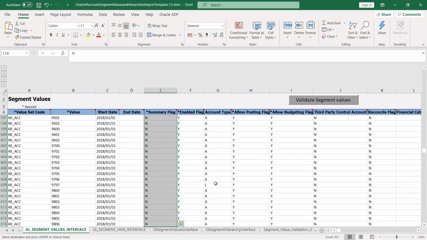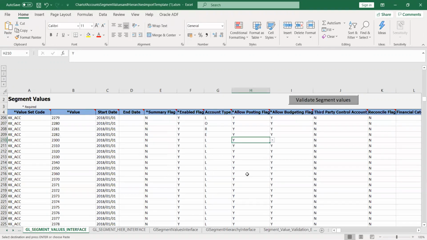Okay, I mean, the issue is nothing. So basically, it has enabled both for the summary and the allow posting. So if this is a summary account, that is a parent account, we cannot enable allow posting. So by mistake, I have enabled Y for both the summary and the allow posting.